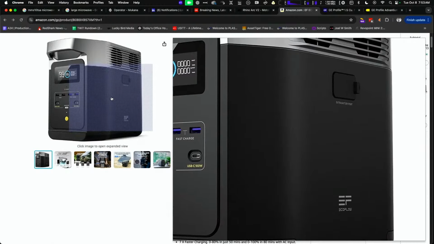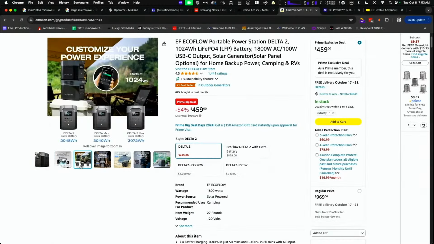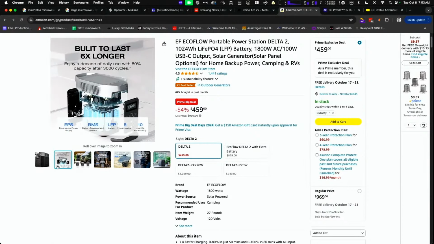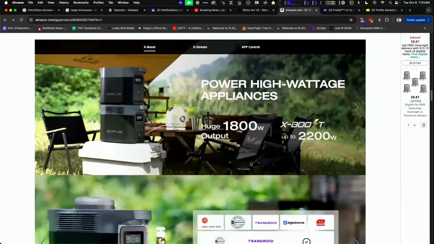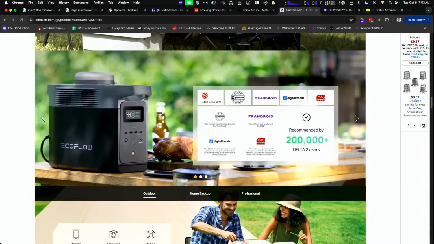The first time for everything. I've never seen one this big. Maybe it's much smaller than I expected. It's pretty small. But it looks like it's really just designed to power your... I don't see anywhere.